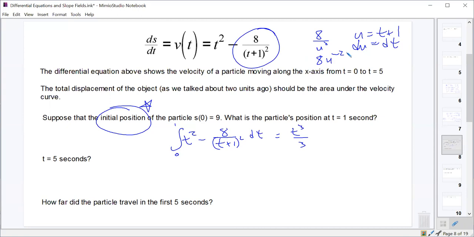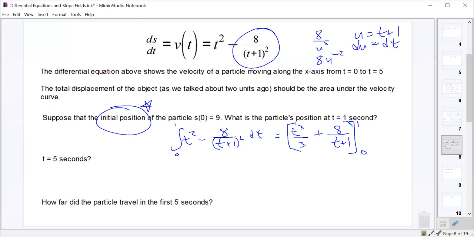Go up to -1, divide by -1, which makes it a minus 8 over u. And since we already had a -8, it should be plus 8 over u. Good or no? Yeah, good. All right. So